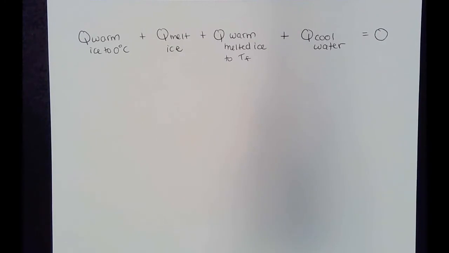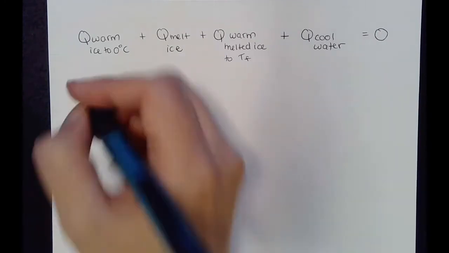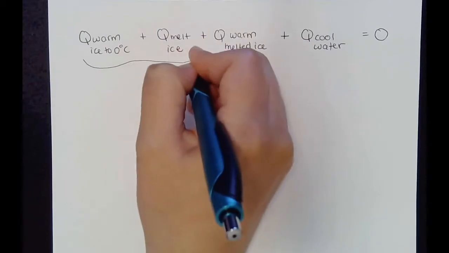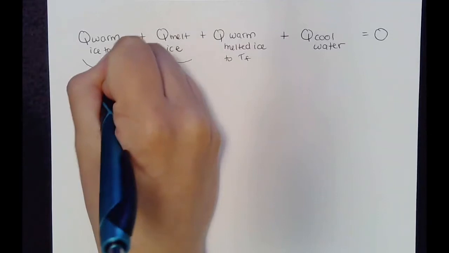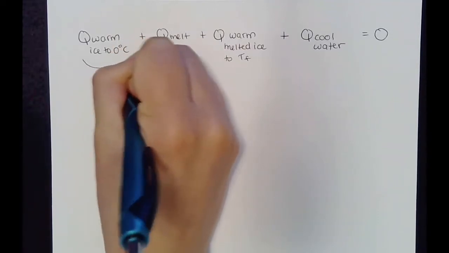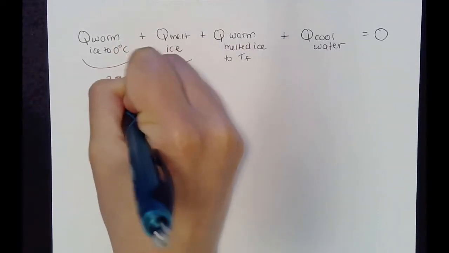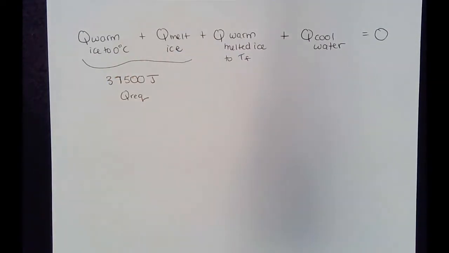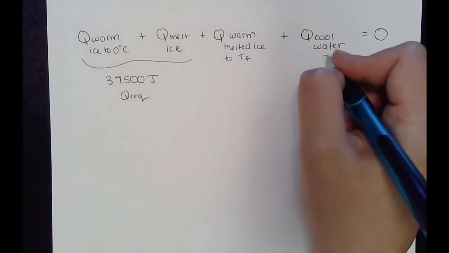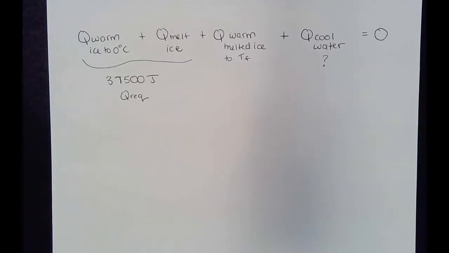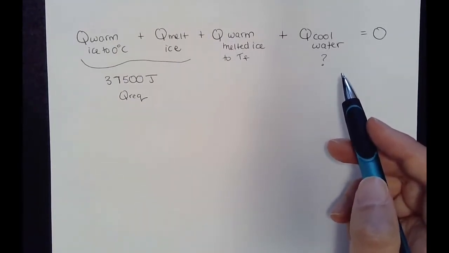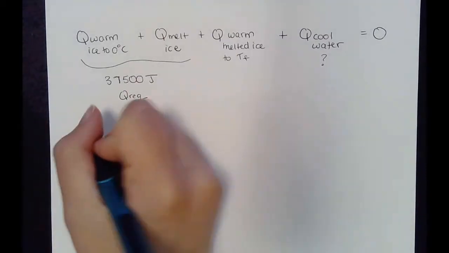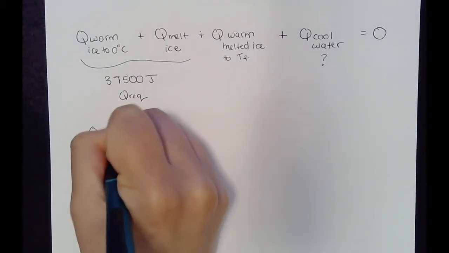Okay, so those are all of the terms that we need. And we have already found this term. So we know that to warm the ice to 0 degrees and melt the ice, that was 37,500 joules, and I called it Q required. So that we've already found. Now we haven't found this value yet because we assumed that it only went to 0 degrees and found the energy it could release, but actually we know that the final temperature will be above 0 degrees, so we don't know that term. Okay, so we have Q required plus